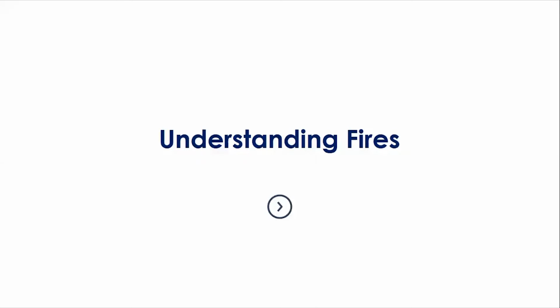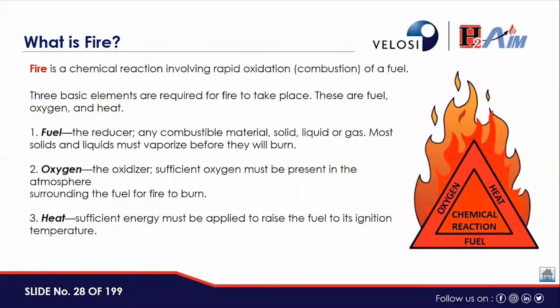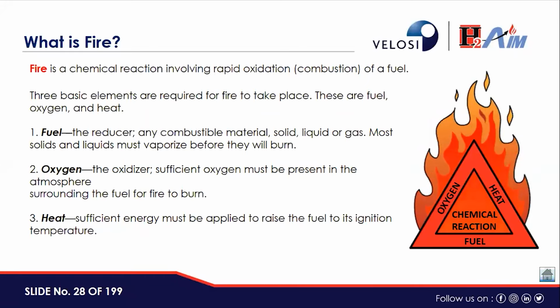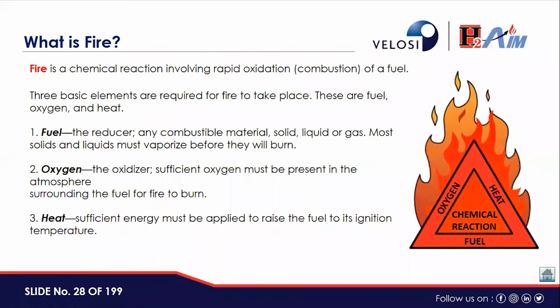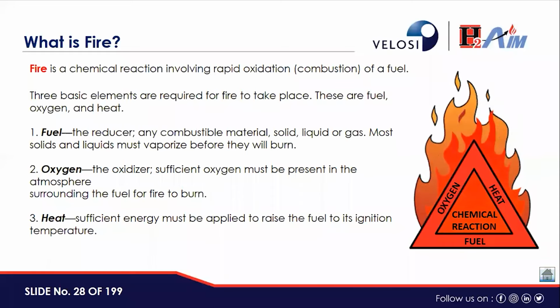Fire basically is a visible effect of the process of combustion. It is a very special type of chemical reaction. It occurs between oxygen in the air and some sort of fuel. The fuel must be heated to its ignition temperature for combustion to occur. The reaction will keep going as long as there is enough heat, fuel, and oxygen. And this is known as the fire triangle.